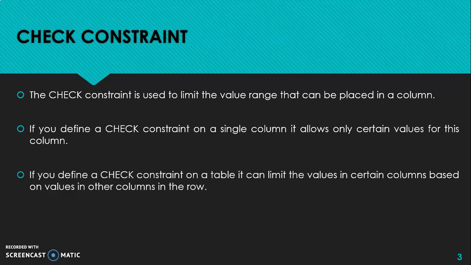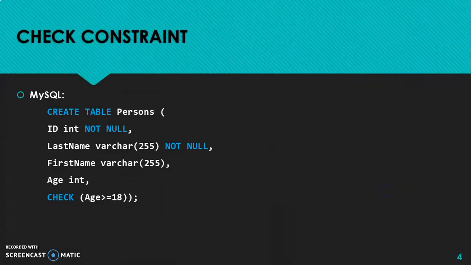If you define a check constraint on a table, it can limit the values in a certain column based on the values in other columns in a row. Now, how to assign a check constraint? If you are using MySQL,